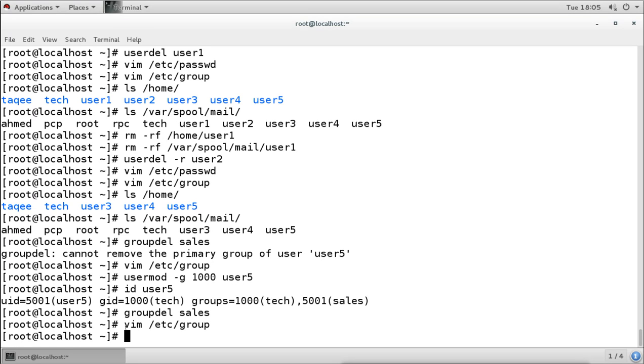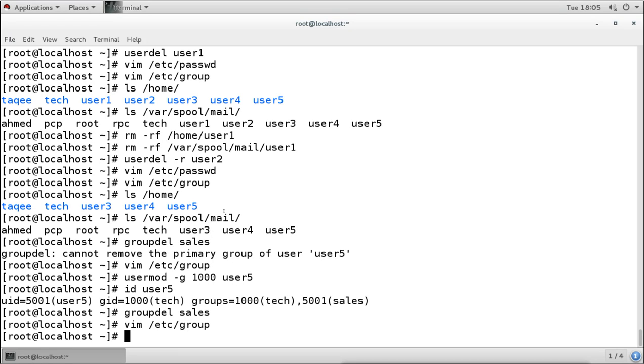Now we know how to create a user, manage the user, modify the user, change the password related to the user, and add and change the additional information about the users. Then we have seen how to create a group, manage the group like adding and removing the members, primary or secondary. Then last we have seen how to remove users and groups. Now everything we have done from the command line.